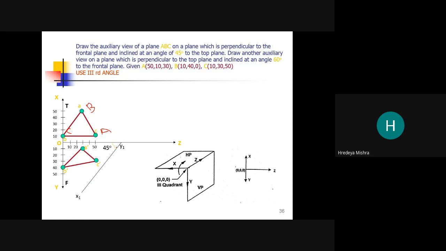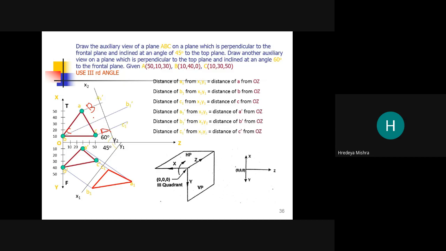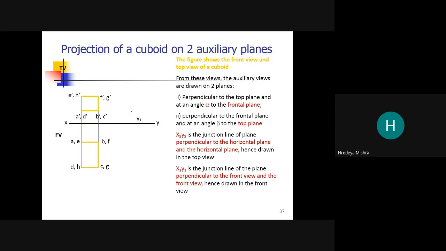Now we draw the XY line to find out the Z axis distance. So project the line, and here we can observe C1, B1 and A1. Now from this line we want to see the true shape of this line. So here we can make the projection and take the original size.